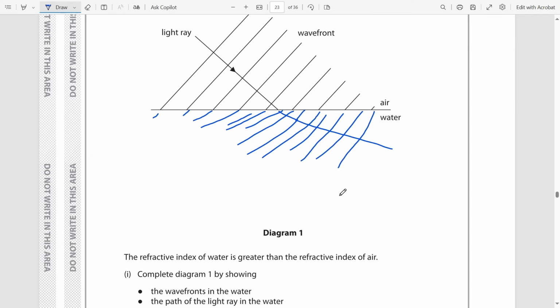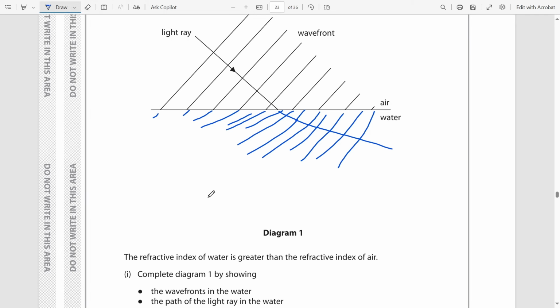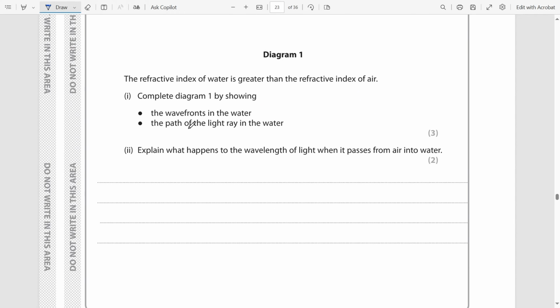Okay, like that. So it should look like this. Maybe it's the wrong way around. I don't know which way is the right way around. Anyways,